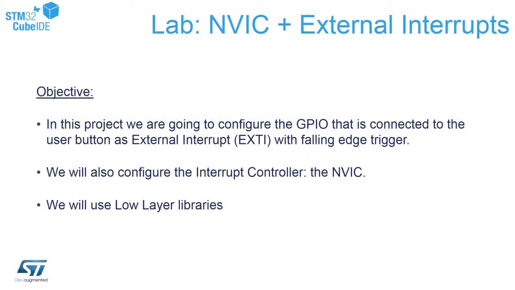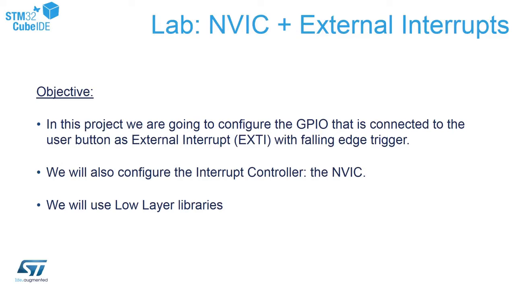So in this project, we have configured already two GPIOs. One is output to control LED, the second one is an external interrupt which is connected to our blue button on the port. We configured as well the nested vectored interrupt controller NVIC to accept interrupts from the external pin. But now we will reuse this configuration and transfer everything to low layer to check what is the difference between those two approaches.